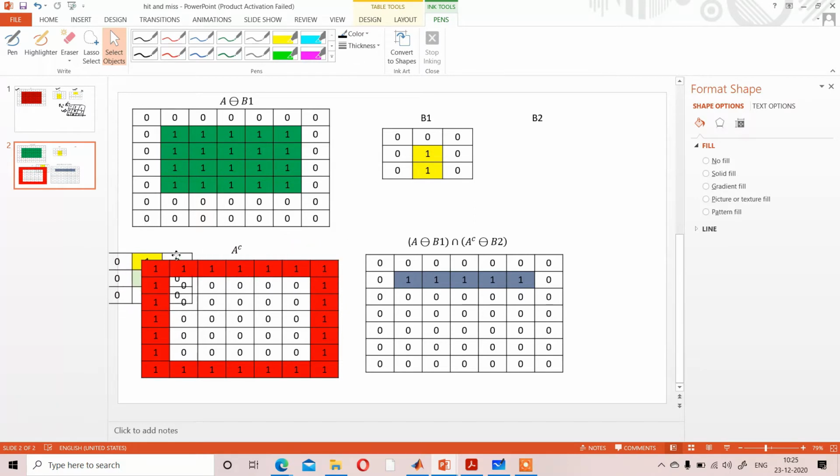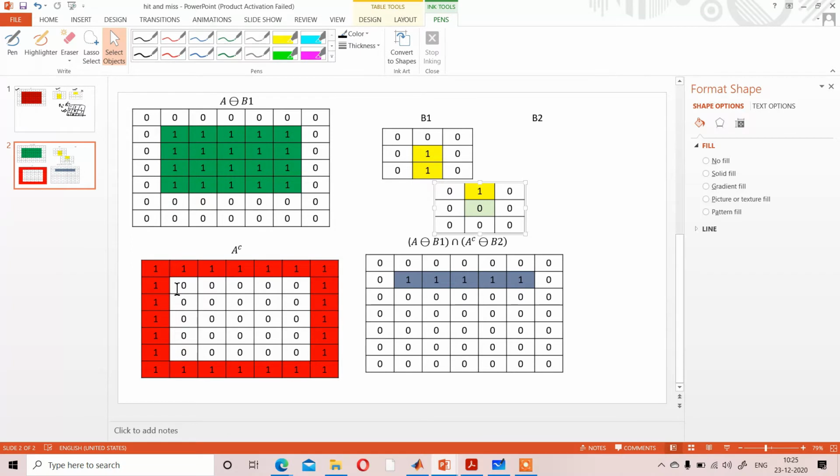Okay, consider the second row from the first column. See, each and every value is matching with the one of the structuring element. So for the second row you will get all values as eroded values.